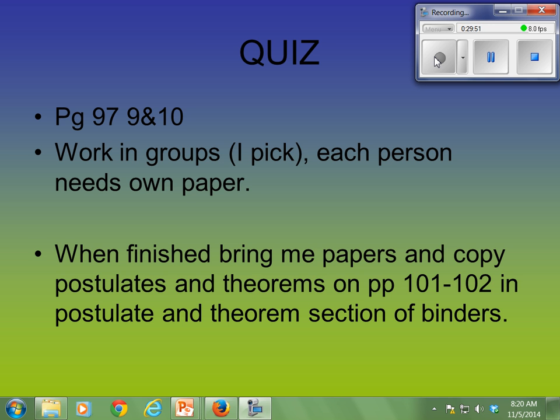they're both 2-column proofs. Number 10, it says prove that, and they give you a statement there, then y equals negative 2 or negative 2 equals y. So just remember the if part is your given information, the then is your proof statement. Help each other out, write the 2-column proofs, they shouldn't take you real long. Get finished with them, you can bring them up, lay them on the blue chair up here,